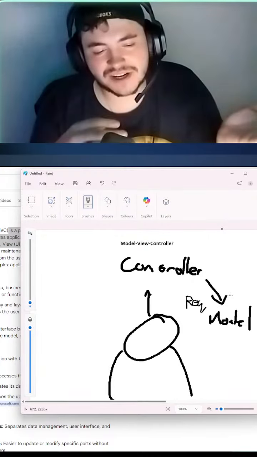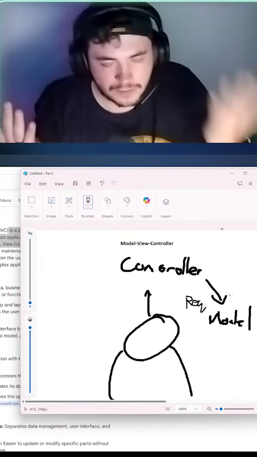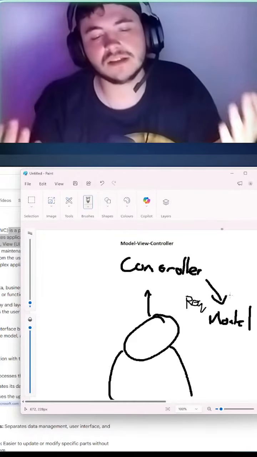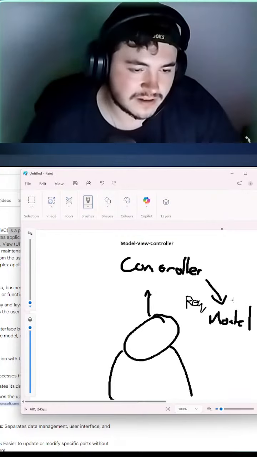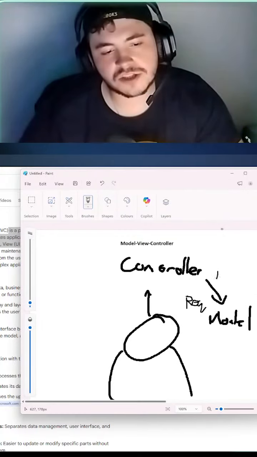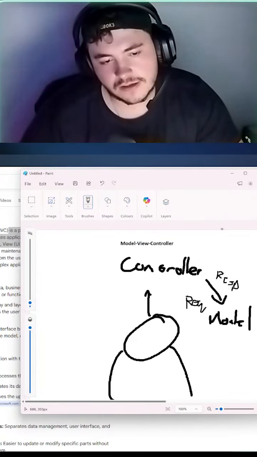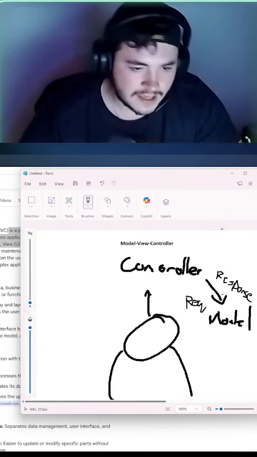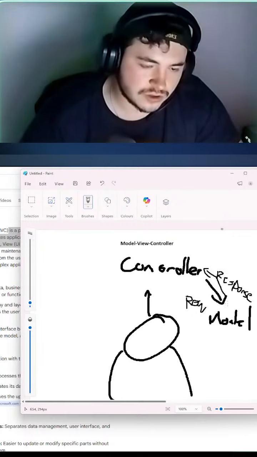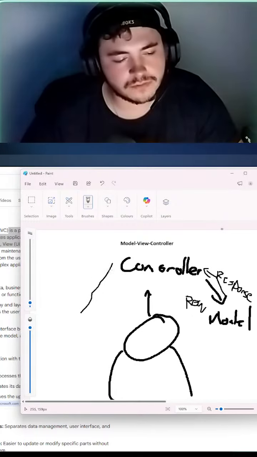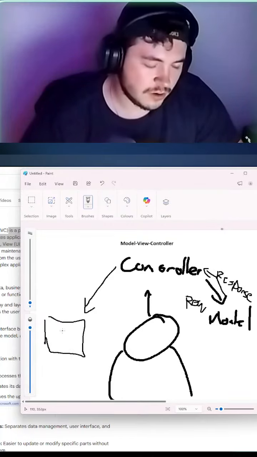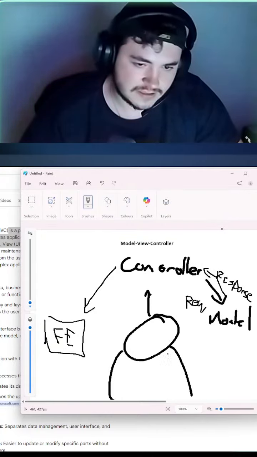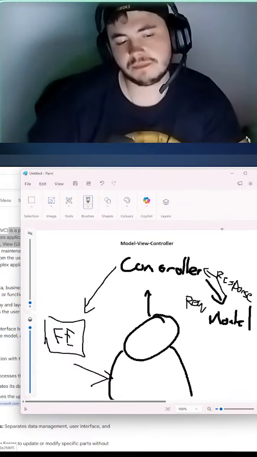So you have a controller. It sends a request in the form of a payload. Generally, you will have that same model defined on your front end as well as your back end. If you don't, it's a problem. And the model will also have the response that the front end is looking for. It will have both of those defined, and it will spit it back to the controller. And then the controller will send that response back to the view. What is the view? It is your front end. And your front end will throw it back to the user.